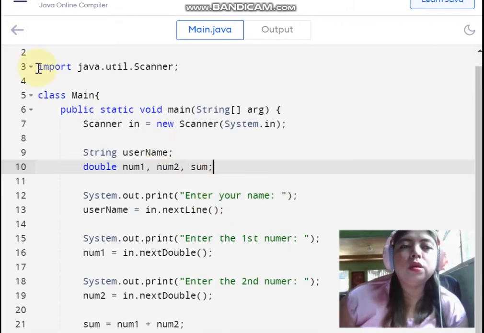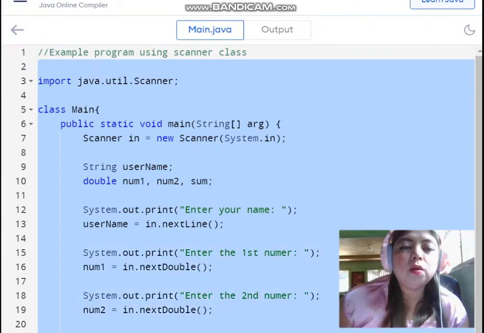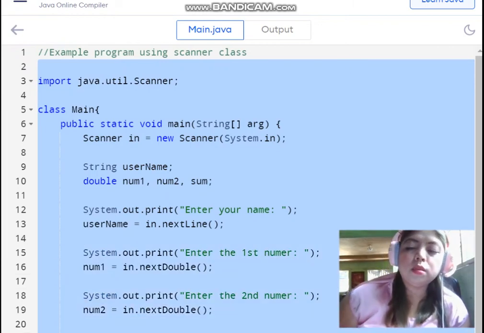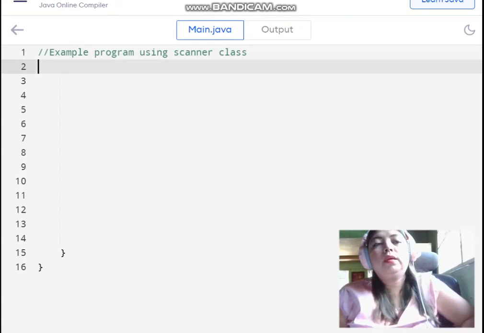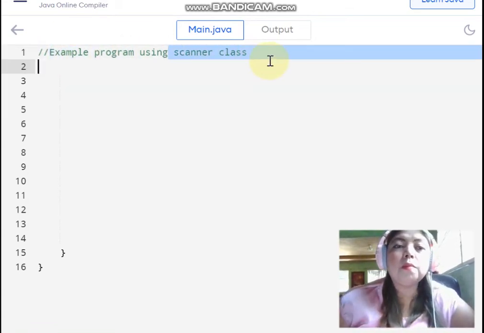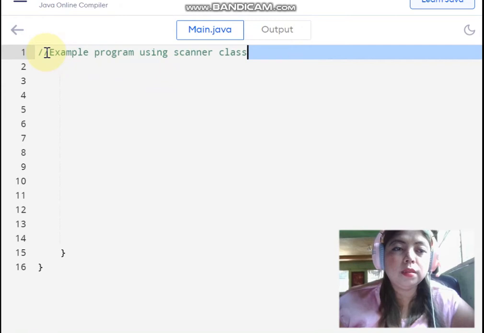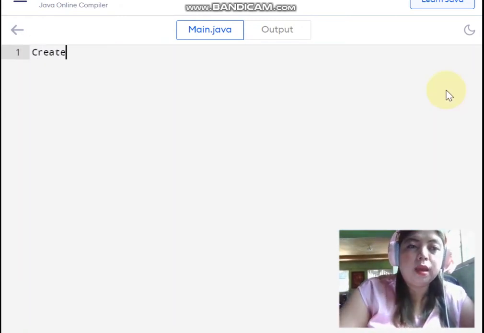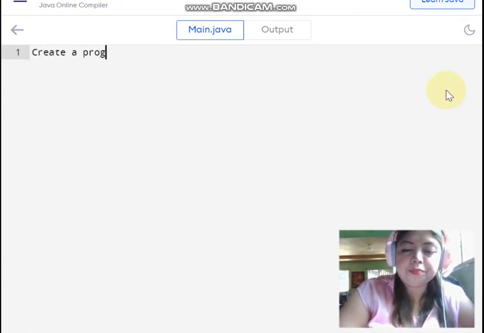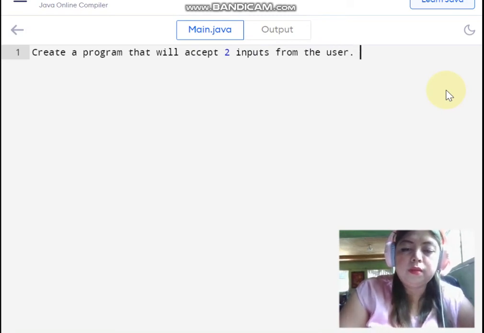yung program. So, dito, ibuburahin ko na lang to because what I wanted you to do is to create your own program using the scanner class. So, ang magiging problem po natin for this problem is to create, type ko na lang, create a program that will accept two inputs from the user. The user must be able,